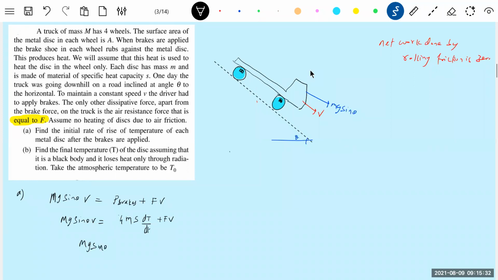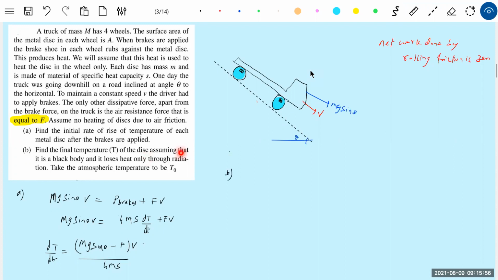Mg sine theta minus f v equal to... Okay, fine. Okay, this is about part A. What about part B? Part B will be